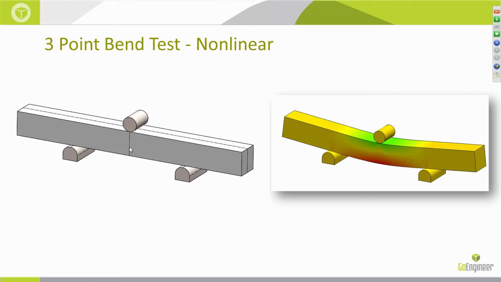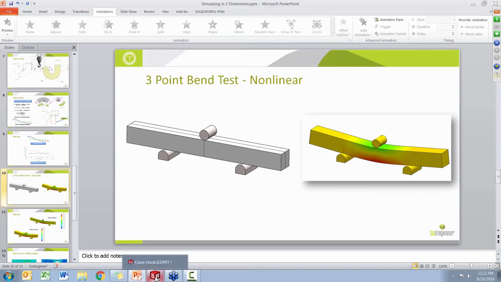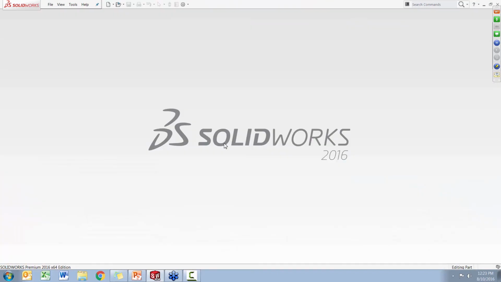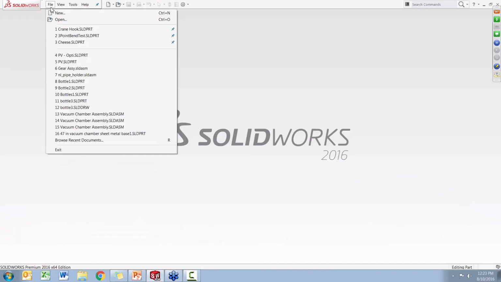Anytime you go into nonlinear finite element analysis, it involves a lot of steps, and the analysis process can get time consuming if you aren't careful with the kind of geometry you're analyzing and the kind of constraints you're applying. So I want to walk through that for the 3-point bend test case. Jumping back into the software,